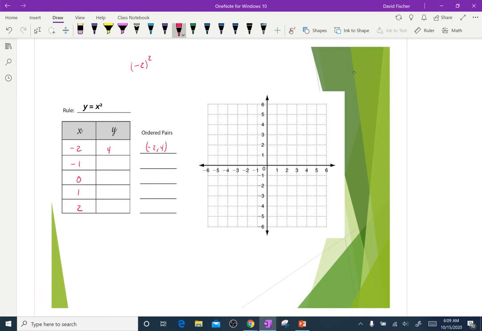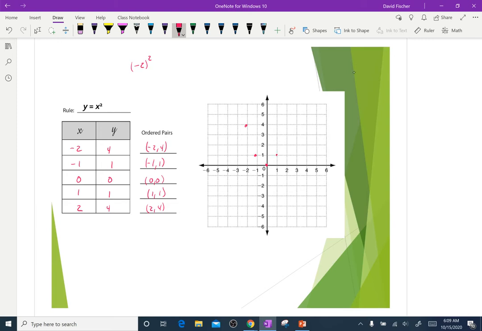Again, I'm hoping that we can do some of these simple ones. -1 times -1 is 1. 0 times 0 is still 0. 1 times 1 is 1. 2 times 2 is 4. So we're going to start to see some. This is called the quadratic equation. We're going to talk about the shapes graphs make here in a little bit. And I got 2, 4. Let's graph these guys: 2, 4, -1, 1, 0, 0,